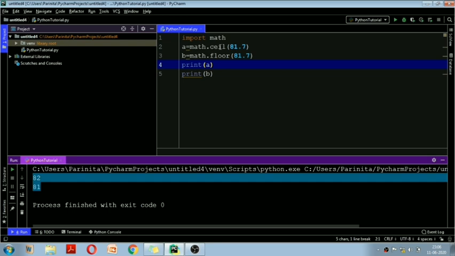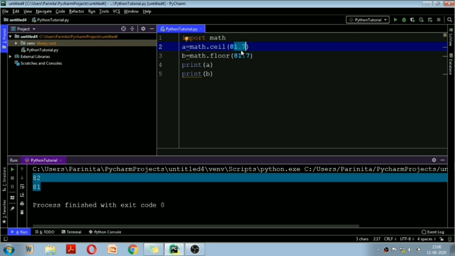So as you can see, these are just the normal ceil and floor functions that we normally use in math. So what happens in the ceil function is that whatever we pass, it will round the number upward to its nearest integer and give you that number.